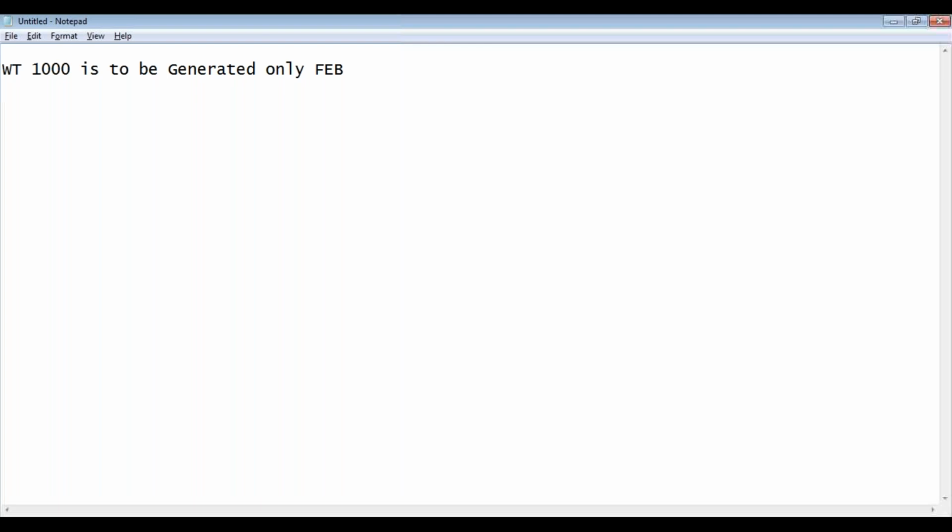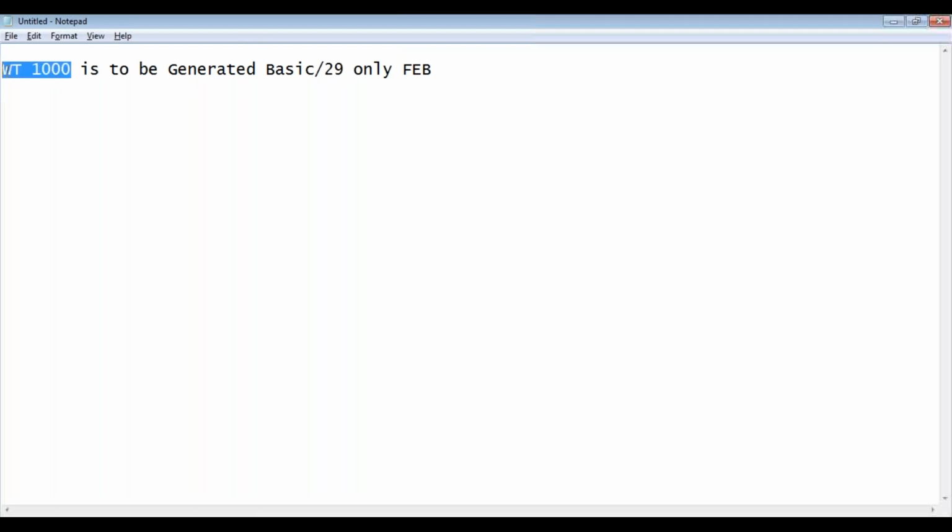So this wage step is to be generated with the formula basic salary divided by 29.